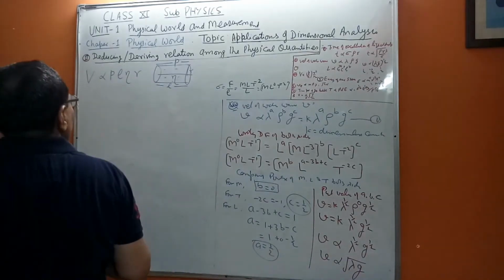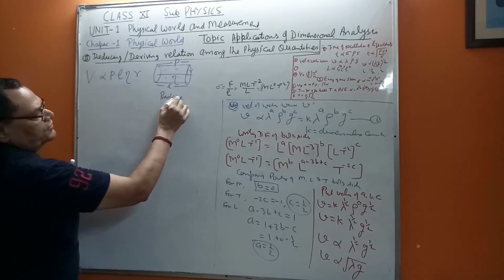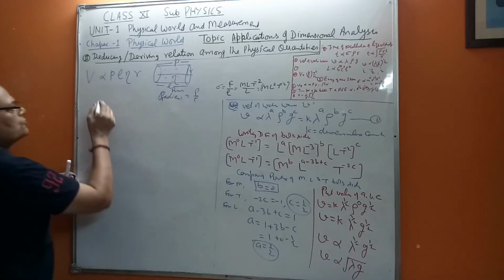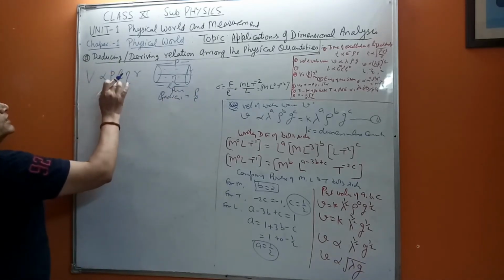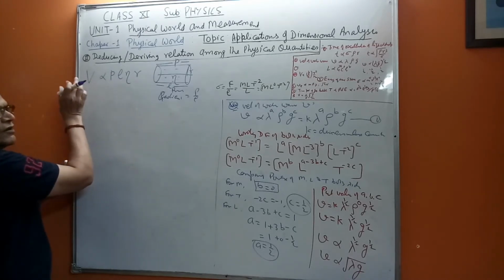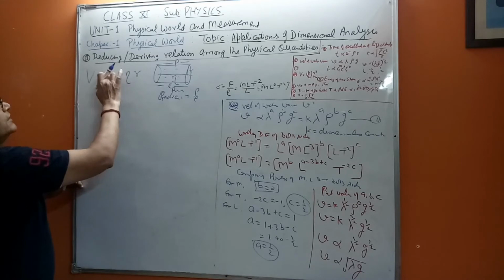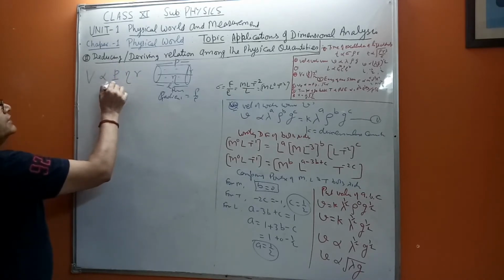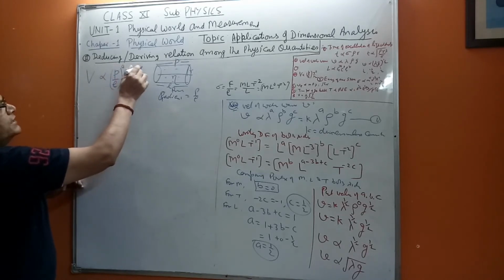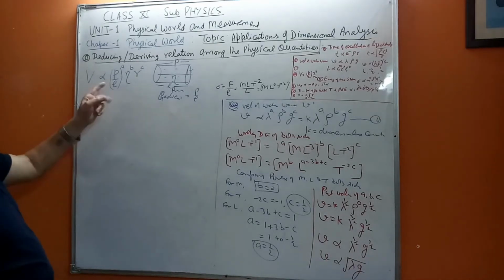There is a term called pressure gradient. We even wrote the dimensional formula for this: pressure gradient was pressure upon length. So we can consider that term as a single term. When we consider the dependence of the rate of flow of liquid, that is the volume of the liquid flowing per unit time, it will depend on, say, the pressure gradient, that is pressure upon length, raised to power A, eta raised to power B, and R raised to power C. But I told you it is immaterial whether you take this term first.